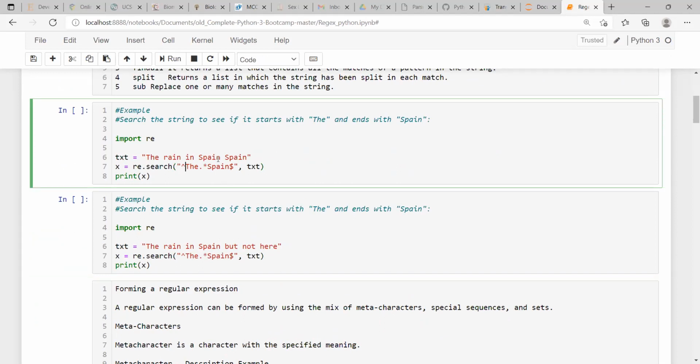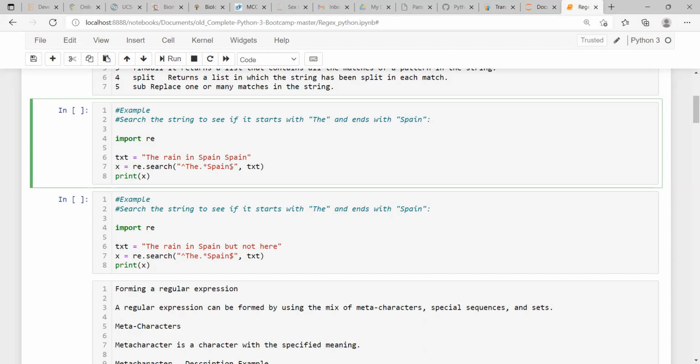Our goal is to identify the part, the substring, which starts with 'the' and ends with 'Spain', capital S P A I N. For that, we are specifying caret, T capital H E, dot, so that means any character can be present over here, then star, then this word Spain. How many spans can be possible? And then if it is at the end.